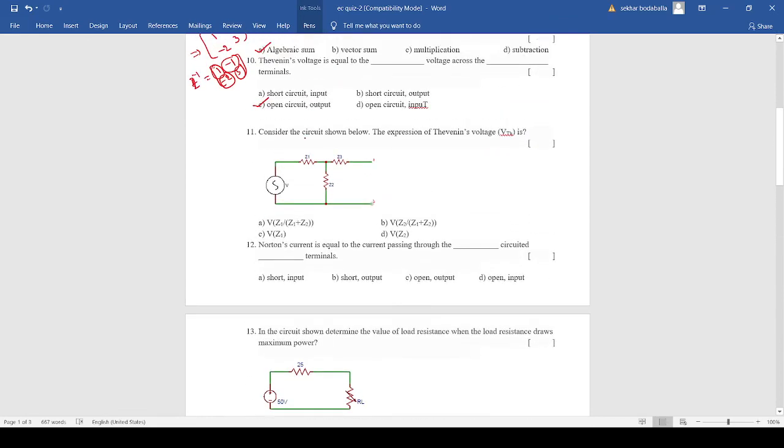11th question. Consider the circuit shown below. The expression for Thevenin voltage VTH is. So we have to find the Thevenin voltage across the terminals A and B. If I want to find voltage VTH across these two terminals, see here, this Z3 is open circuited, so there will not be any current flowing through this. Z3 current is 0, so the voltage across Z3 is 0. So VTH is nothing but the voltage across this Z2. That voltage V will be divided into Z1 and Z2. Just apply the voltage